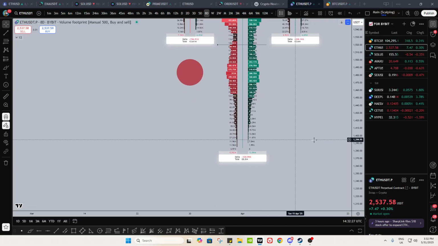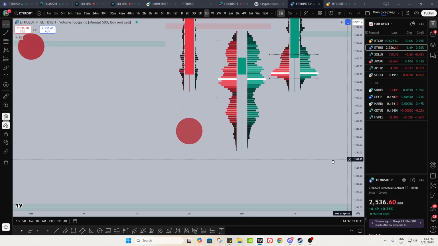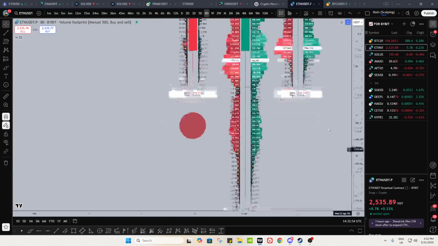What do we notice off that? 25.5 million in total volume, and the sellers have the edge in terms of aggression, in terms of who came out on top in executed contracts. Look at the delta, negative 330.99k, meaning the sellers were on top of the buyers. If you're asking who has the edge, it's the sellers. There are more aggressive sellers than buyers. But that's not all we look at. We have to look at price action as a whole.